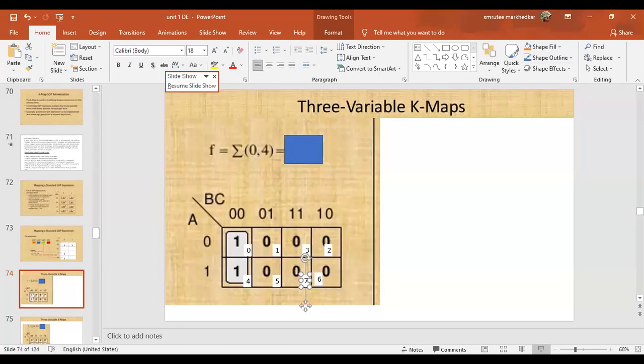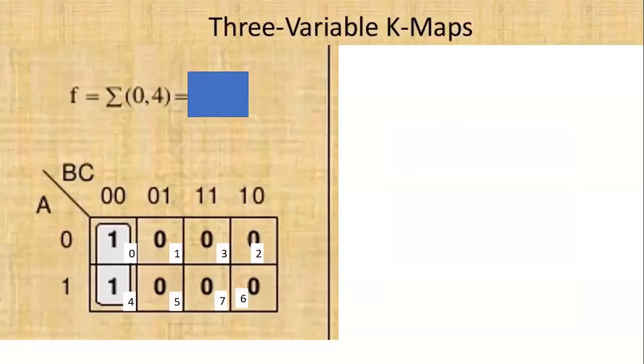Now, how to solve this? First thing we have to do is we have to see where the ones are together. So you can see in 0 and 4 position, ones are together. Rest all positions are filled with zeros. Now we can fill it in either way. In the question when you get the equation, you can figure out what is the position of the ones. So here in the question they have given 0 and 4. So we can directly fill 0 and 4 and rest all we know will be 0.